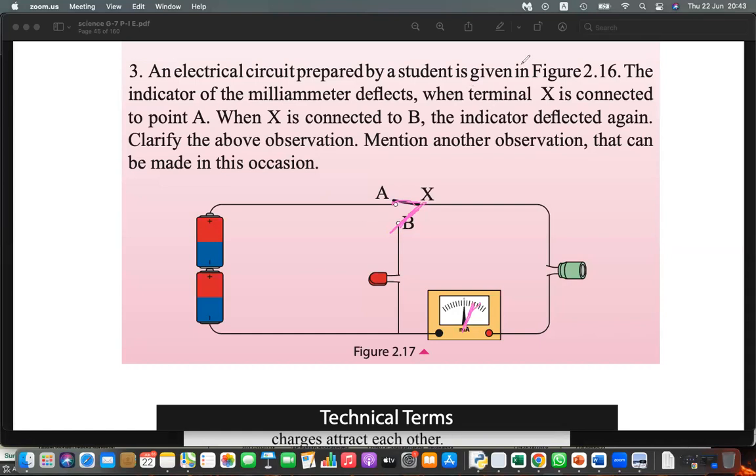Any clarification? Because when we connect to A, the capacitor is charged, and when we connect it to B, the current from the capacitor makes it deflect. Yes. When you connect it to A, the capacitor will charge and there will be a current going through the capacitor that will be indicated there. When you connect it to point B, the charged capacitor will release the current back to the circuit because this